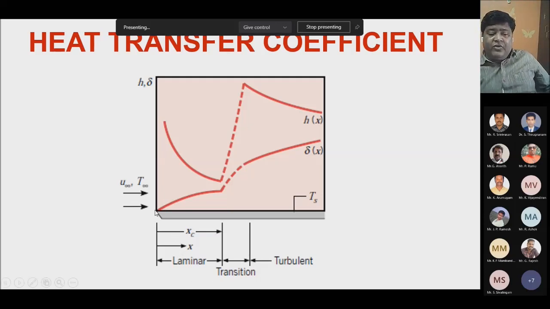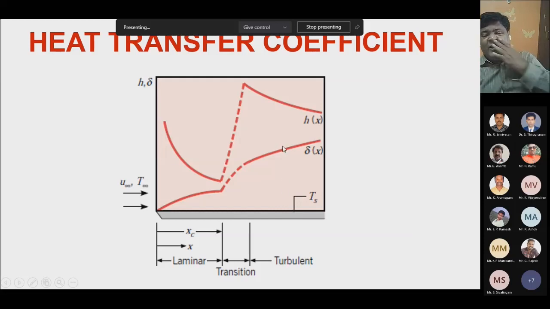Okay, fine. Now let us see the boundary layer thickness delta. I told you the boundary layer gradually increases from the leading edge, and there are two zones here: laminar and turbulent, and a transition. In the laminar zone the boundary layer is of lesser thickness, and in the turbulent zone it is higher, because there are more shear stresses in the turbulent layer. We have seen that the change in velocity in the y direction is very high in the turbulent zone. That is the reason for the higher boundary layer thickness, because the velocity decreases gradually, and for the velocity to become the free stream velocity, the height is very high.